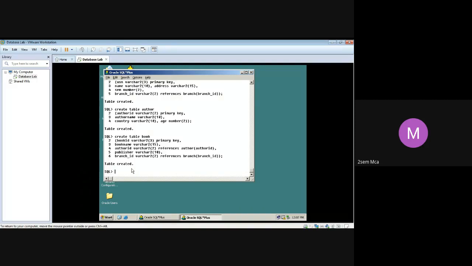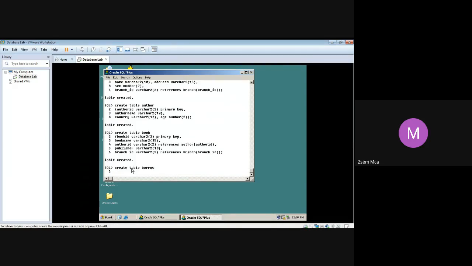So we are left with one more table, that is your borrow table. Create table borrow. Under that we have USN varchar2 of 3. Here, except borrowed date, everything is a foreign key. So you have to give references. Where does it refer to? It refers to the student table. What is the primary key there? USN. So comma.